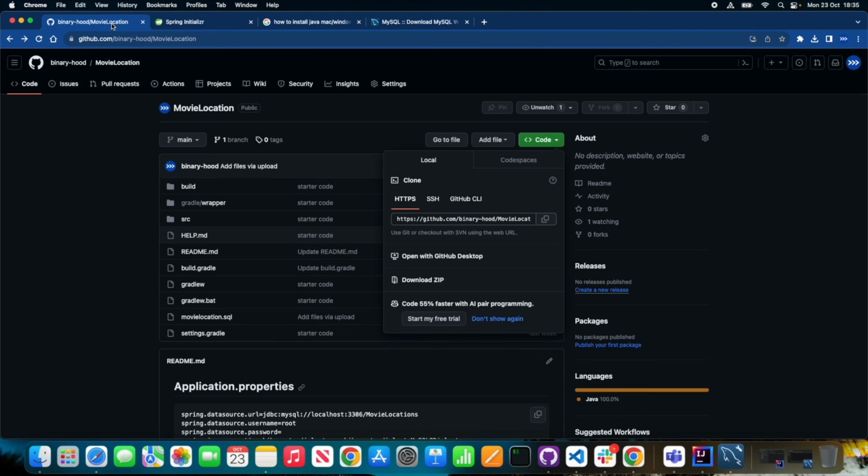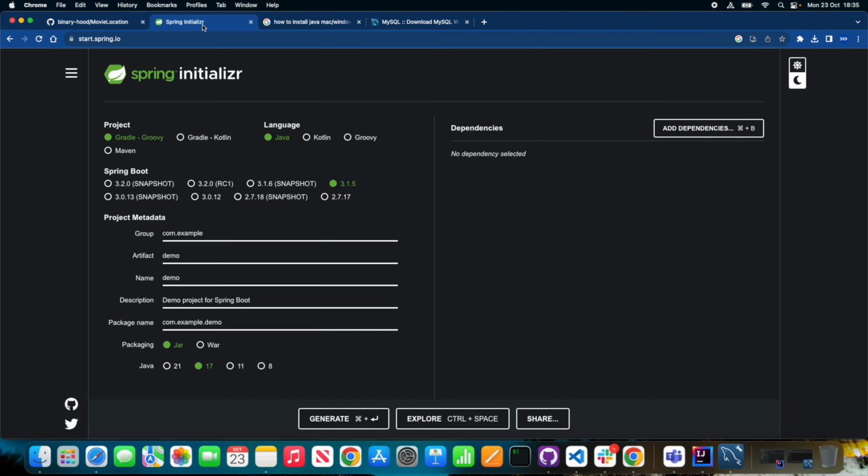Over here, I have two ways. One, I have template code hosted on my GitHub. I've provided the link below. You can just clone it and start. Another way, I'll show you how to create your own. You can name it whatever you want over here. Let's say movie location,